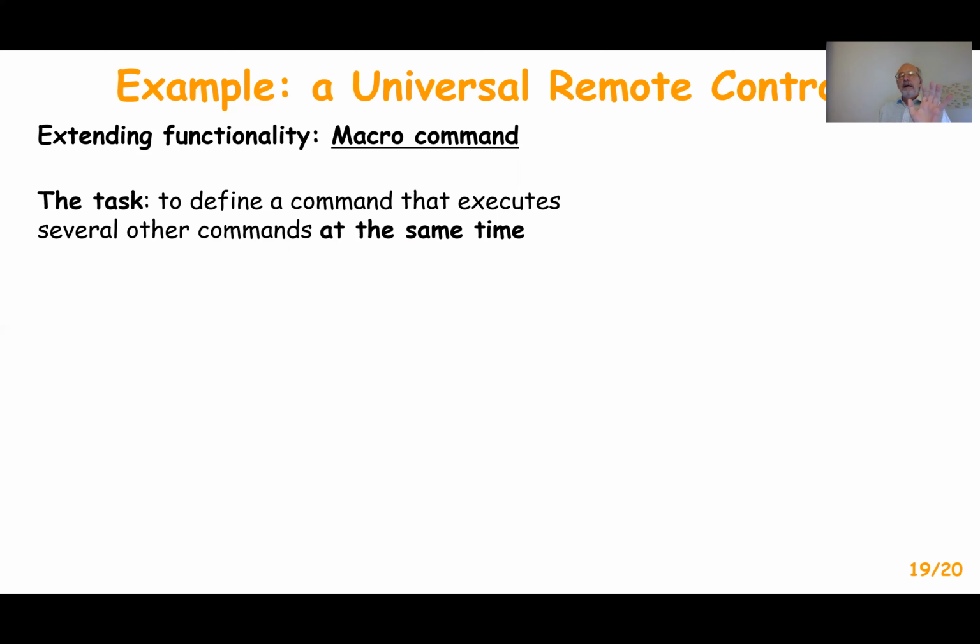The idea behind macro commands or compound commands is that we declare a command that can execute several other commands at the same time, not several interface actions of the device, but several previously defined commands